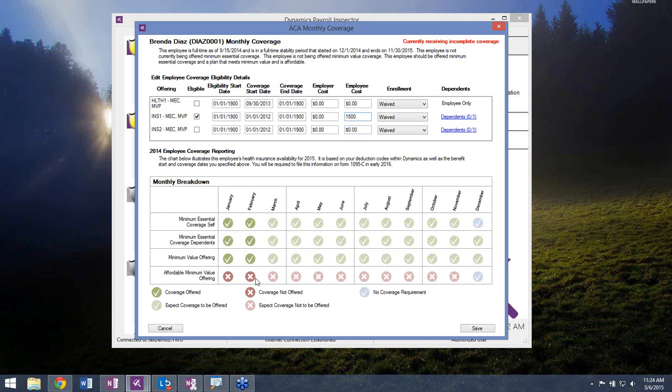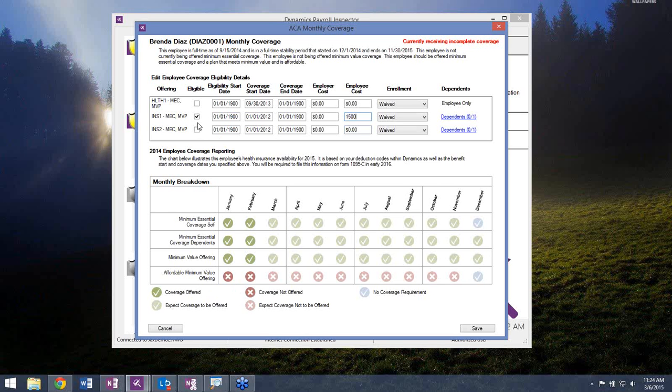So we're going to look at the employee information already stored in GP, compare it to the rules that are available for the Affordable Care Act, and then make that determination of, is this plan affordable for this employee? So if we had an environment, and we were pulling this, again, directly from Dynamics GP, in this test environment, I have the ability, and you will in the live environment, to make these manual changes.